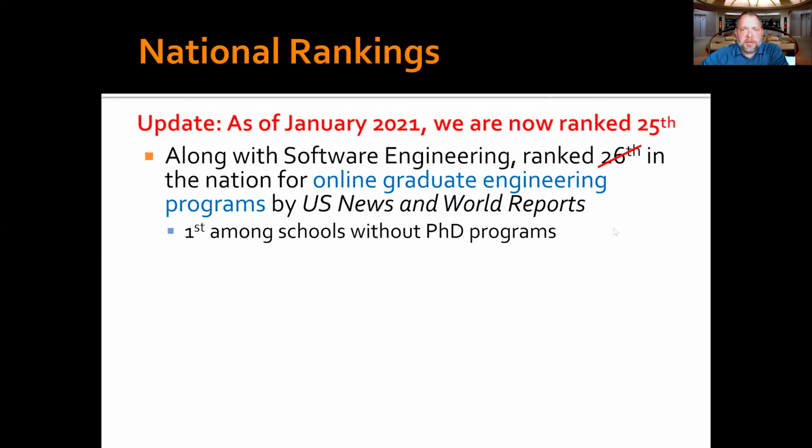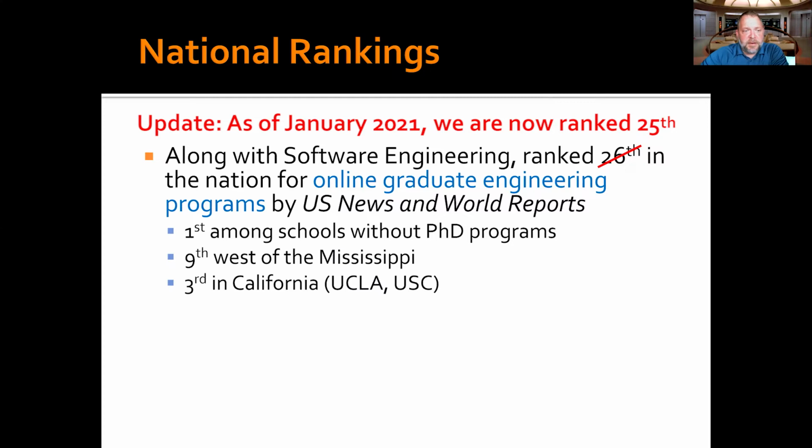So PhD programs typically mean more external funding, which means more money, and money a lot of times translates to better rankings because you can afford to spend money to increase your rankings. So, for example, we're also, by the way, 3rd in the state of California, and the only 2 ahead of us are UCLA and USC. And I think you know that both those schools, USC in particular, have a lot of money that they can use to kind of influence how the rankings are done. It's a little bit dire, but I've participated in the ranking a couple times now, and the questions are somewhat bizarre and easily influenced if you have the funds.